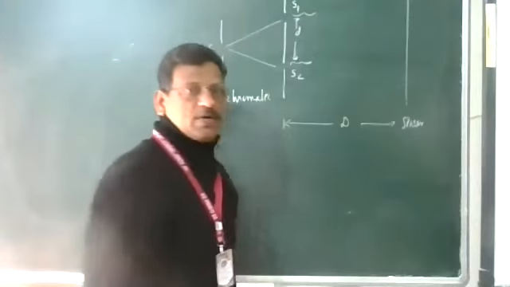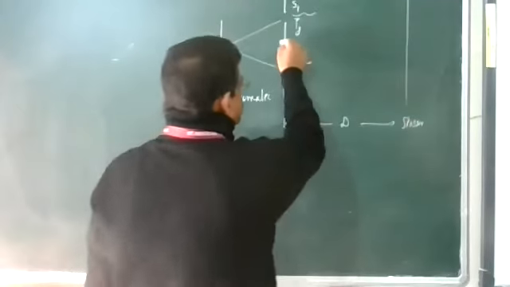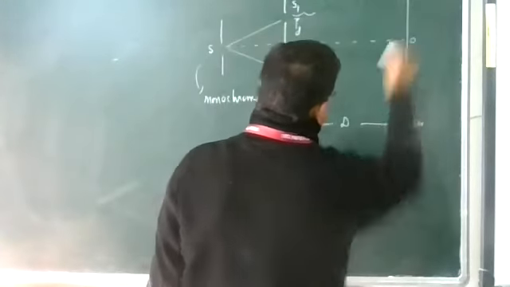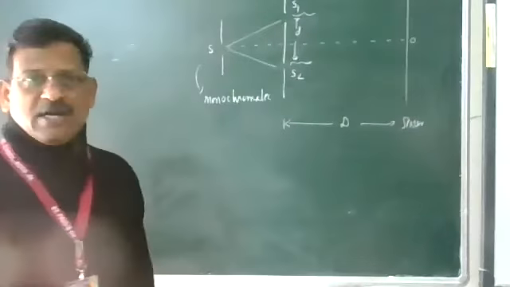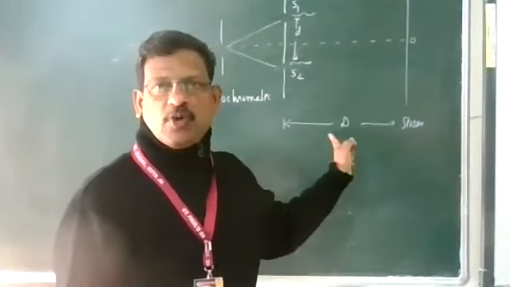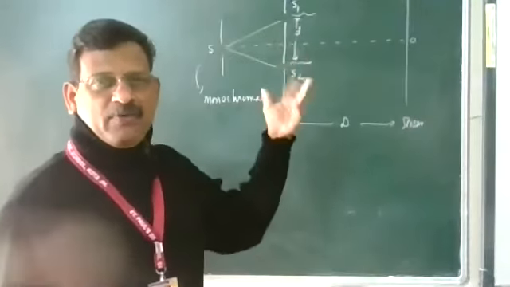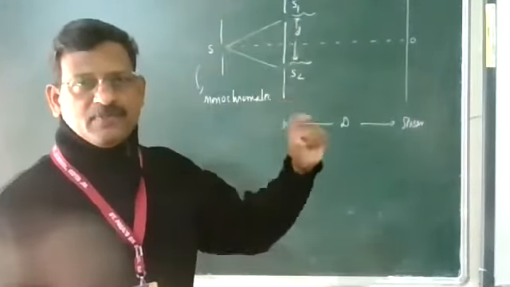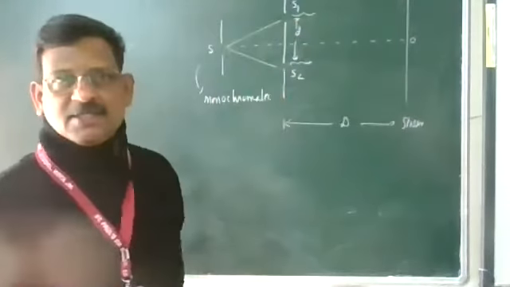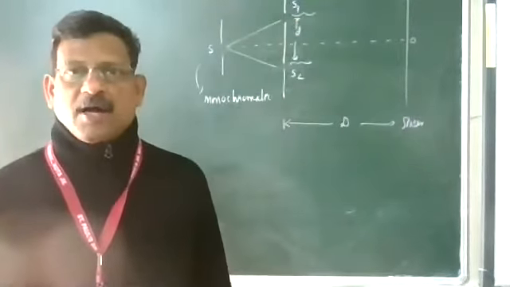These two sources are coherent sources of light, and you have a screen here, and you get a pattern on the screen. So this is the perpendicular to the screen. You can point this is the center point of the screen. So what about the distance? The screen distance is approximately 1 to 2 meters, and the distance between the slits is about 0.5 millimeter, very close, and the source and the coherent sources can be up to 10 centimeters apart. This was the case in the experimental arrangement.